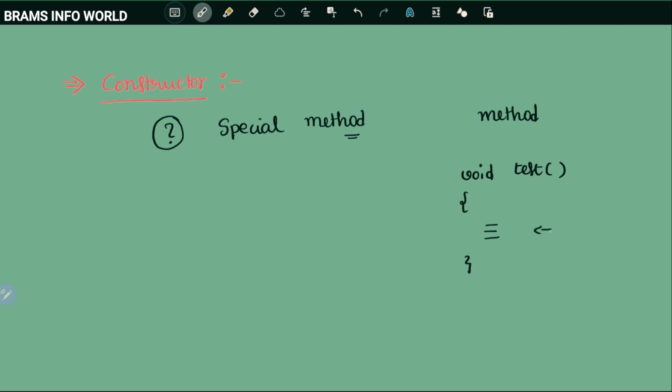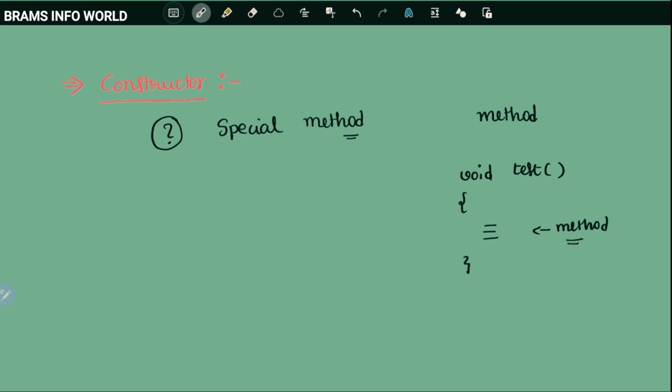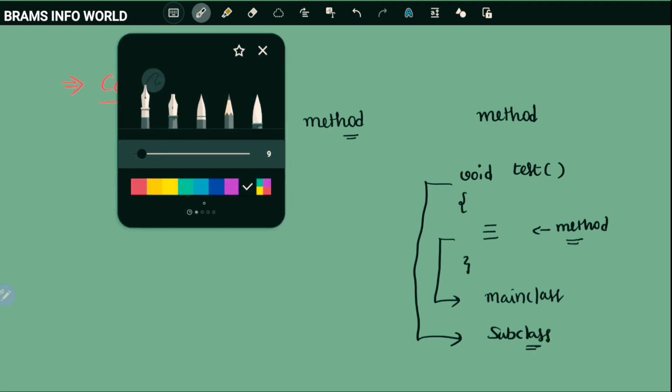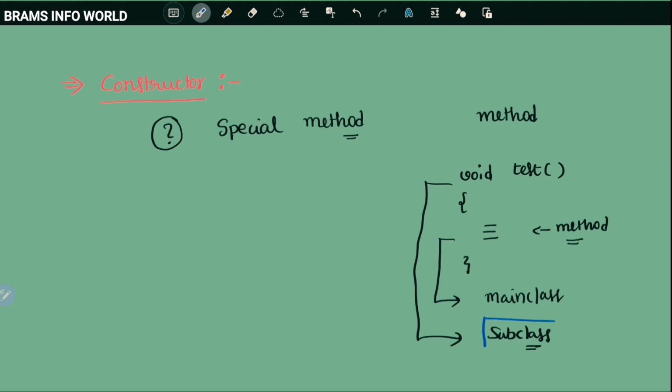This one we can call a method. This method can be used in the main class as well as in our subclass, right? But our concentration is on defining a method in a subclass. Basically that information we call as action. This information we already studied.